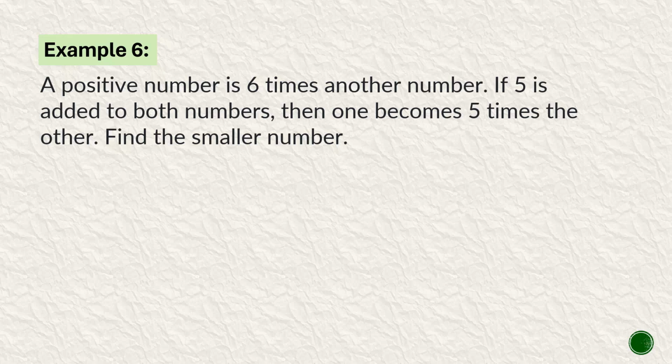Word problem example number 6. A positive number is 6 times another number. If 5 is added to both numbers, then one becomes 5 times the other. Find the smaller number. Now, since the word smaller is mentioned in this problem, there is another number, and that's